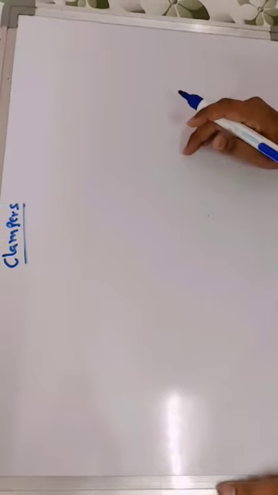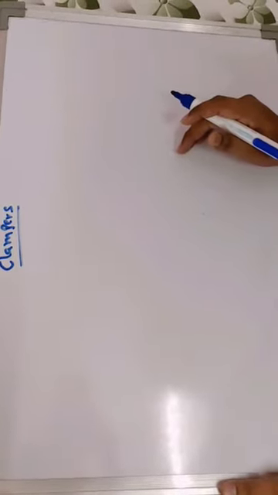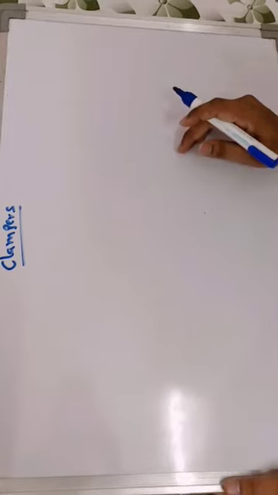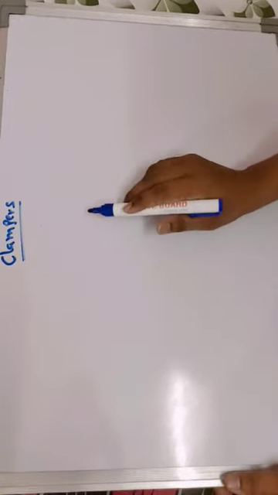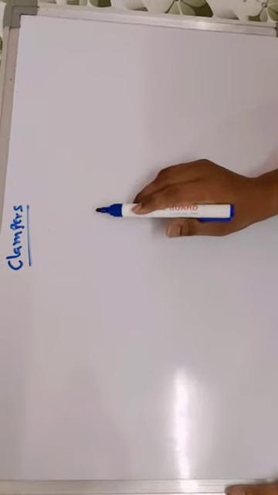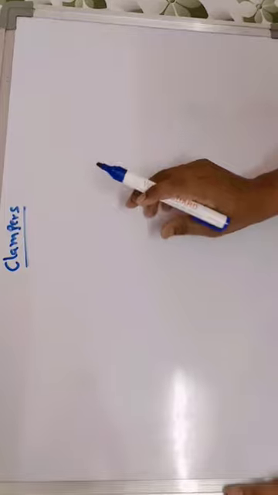Hi students, in this lecture we will discuss what a clamper is, what the types of clampers are, and what the applications related to clampers are. A clamper is an electronic circuit which is used to add a DC level as per the requirements to the AC input to produce a desirable output signal.